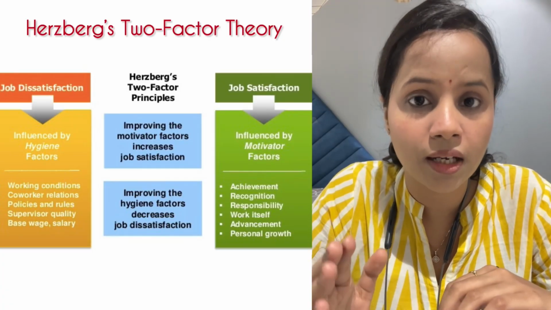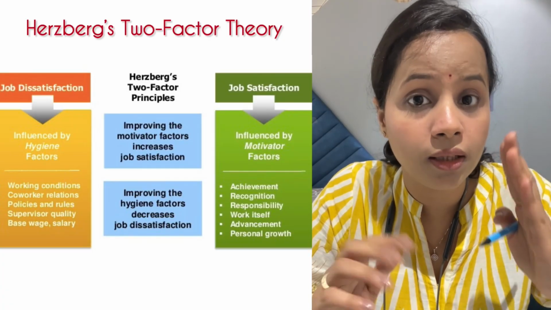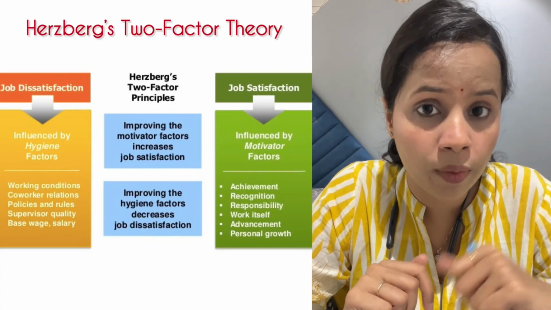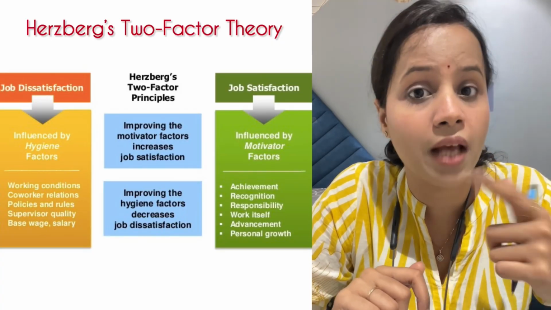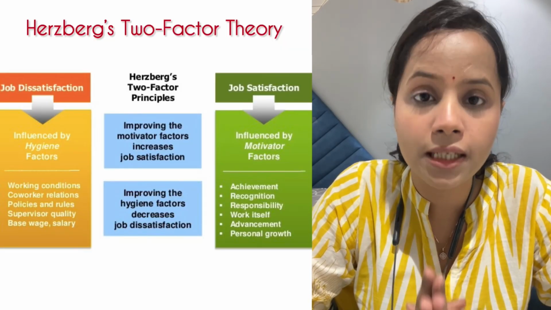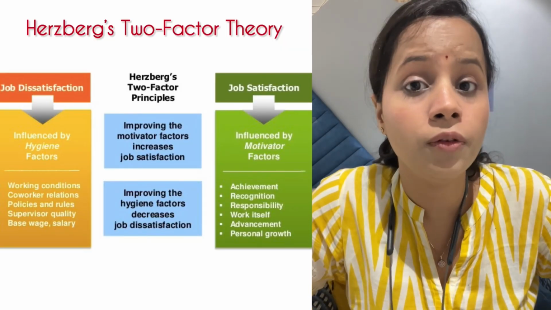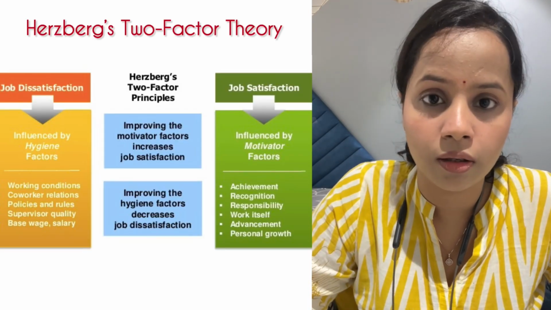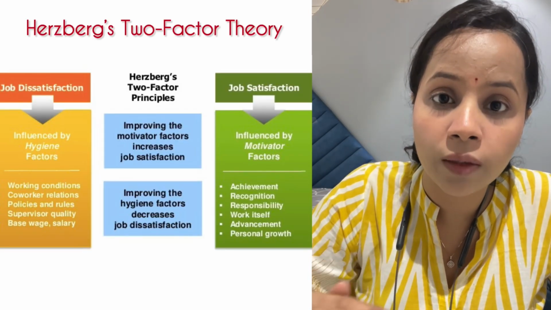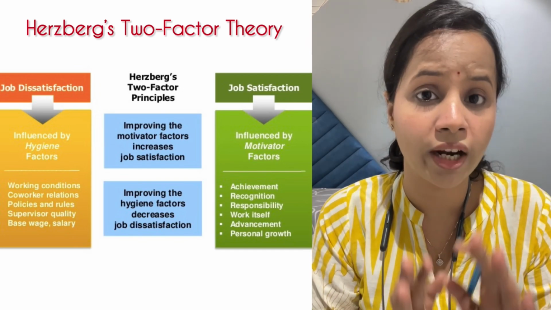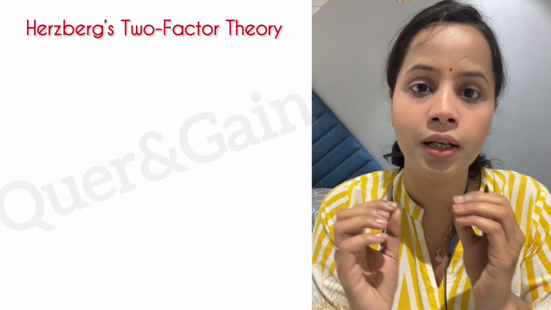Now these motivators are intrinsic factors, right? But the hygiene factors are the extrinsic factors, such as the environment, the working conditions, fair salaries, right? The policies of the organization, and so on. So the hygiene factors basically give a sense of satisfaction to your employees. They do not motivate them to work better, but they are there to provide them a sense of satisfaction so that they work happily. Now let's go over an example and try to understand this whole theory.